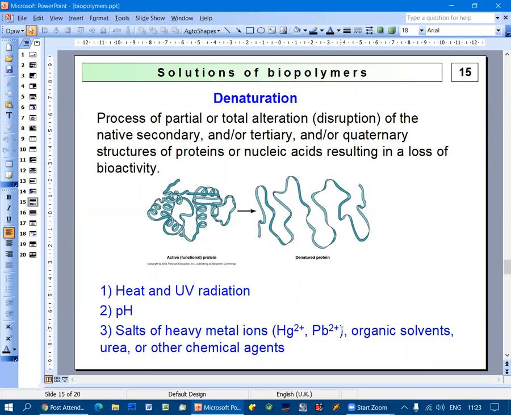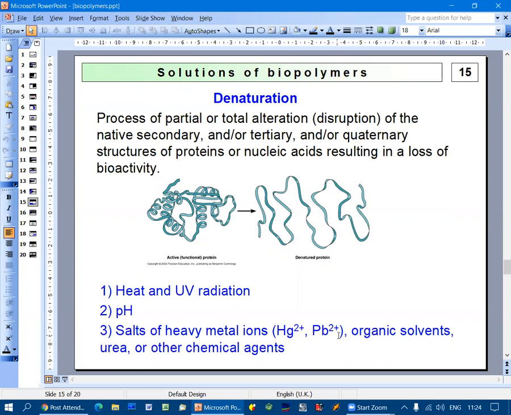So such cations can interact with... well, we can say that this is a salt. It will be like bridges between two SH groups: S, then mercury, for example, and again S. And in such a case, the SH group won't be able to participate in hydrogen bond formation, so it will lead to